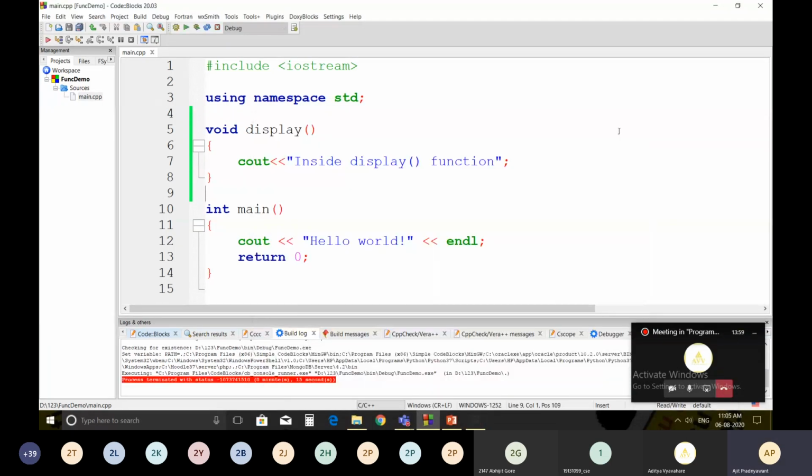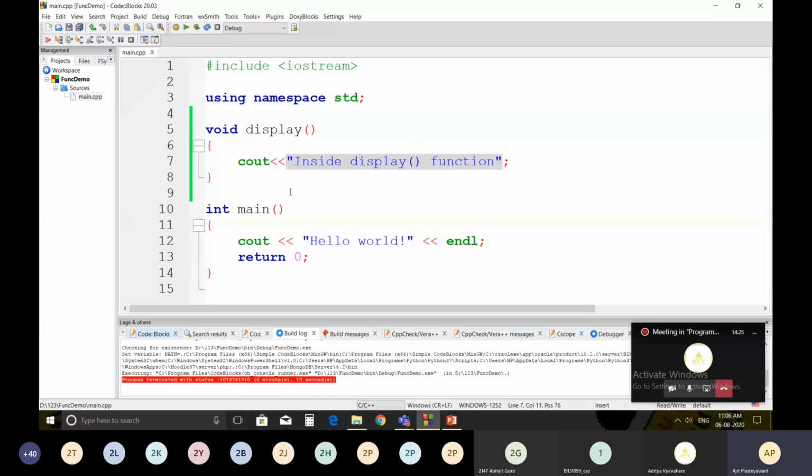So we have written the function display. This is the return type, void, that is, this function doesn't return anything. This is the name of the function, display, and this is the parenthesis, which means this function doesn't receive any parameters, and inside it I have mentioned only one statement.